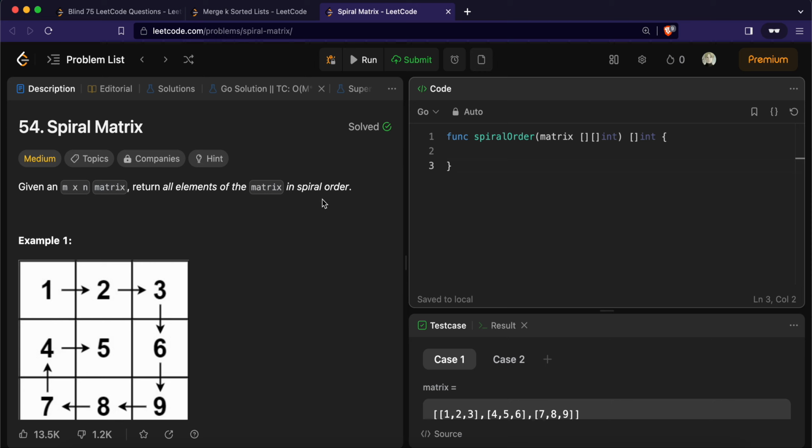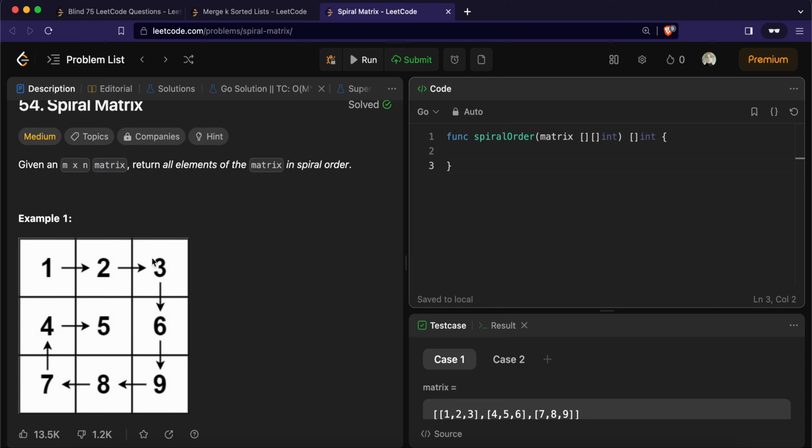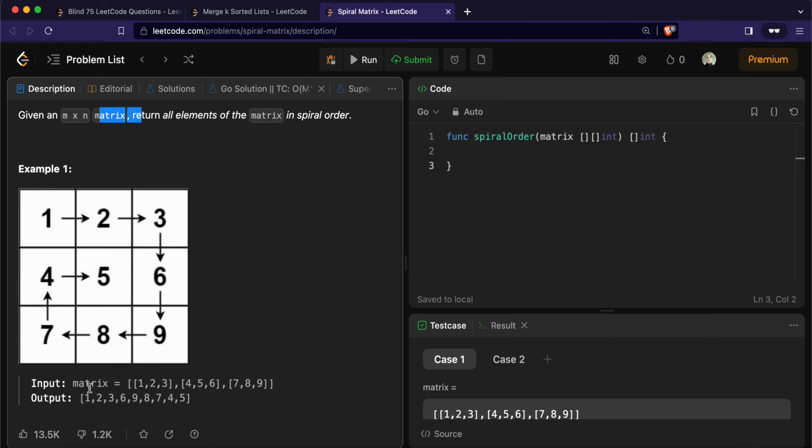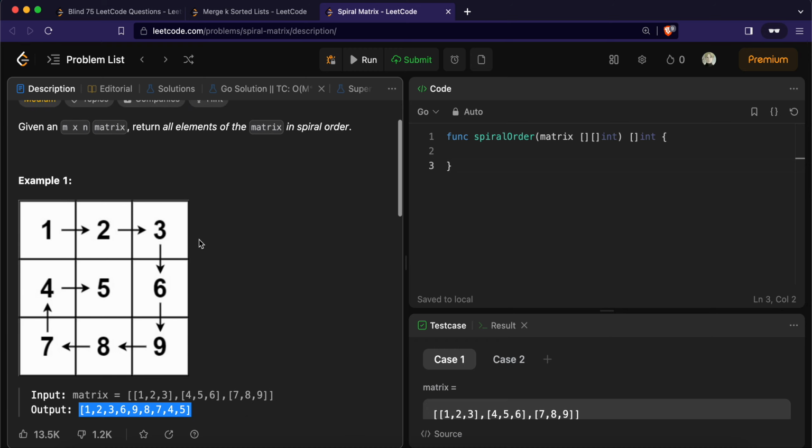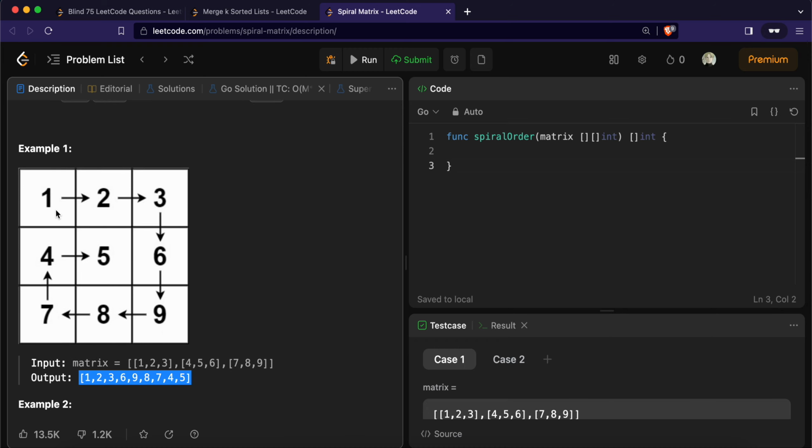Welcome everyone. So today we will solve Leetcode problem 54, spiral matrix, and we will be solving it using Golang. This problem states that we are given an M cross N matrix, and we want to return a single array that will contain the matrix elements in the spiral fashion. So if this is a matrix in example, then our resultant array will be 1, 2, 3, then down 6, 9, then left 8, 7, then top 4, 5